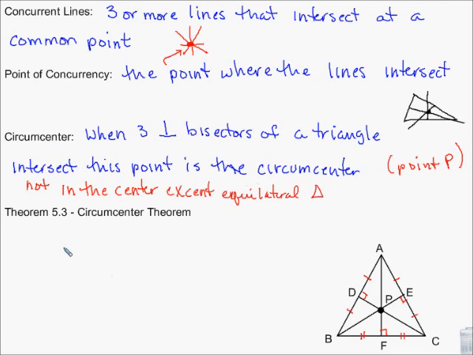As a matter of fact, the only time it's in the center is if you have an equilateral triangle. Otherwise, it's not in the exact center of the triangle. It's going to be off. Does that make sense? However, we have a circumcenter theorem, which tells us that the perpendicular bisectors